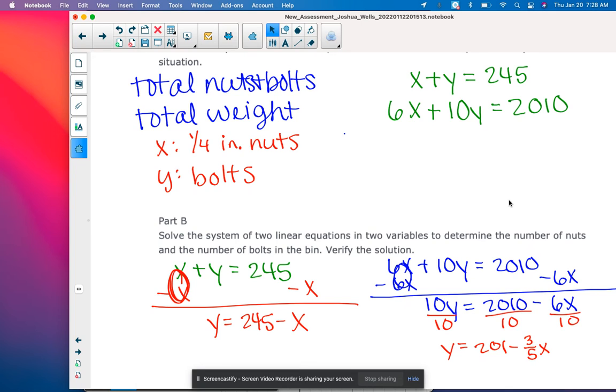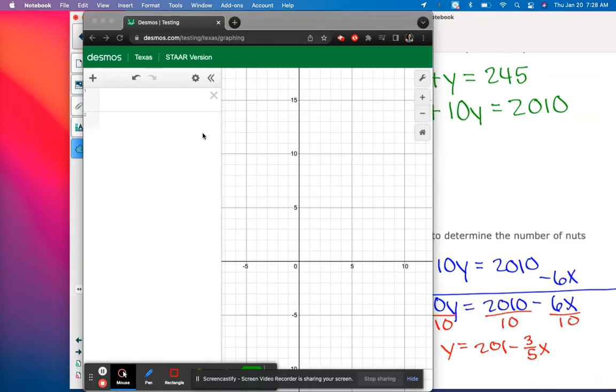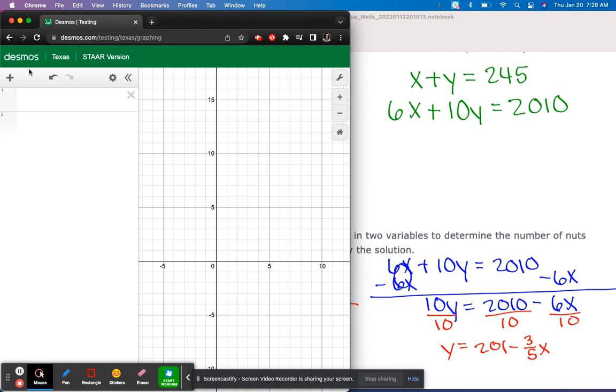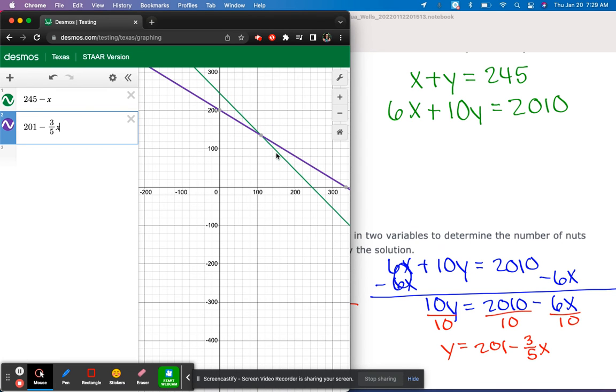All right, so let's go ahead and graph them. So the first equation we have is 245 minus x. And the second equation we have is 201 minus 3/5x. We're going to have to zoom out really far on this one because we are dealing with large numbers. And I can clearly see the intersection point on this one is at 110, 135. And what that tells us